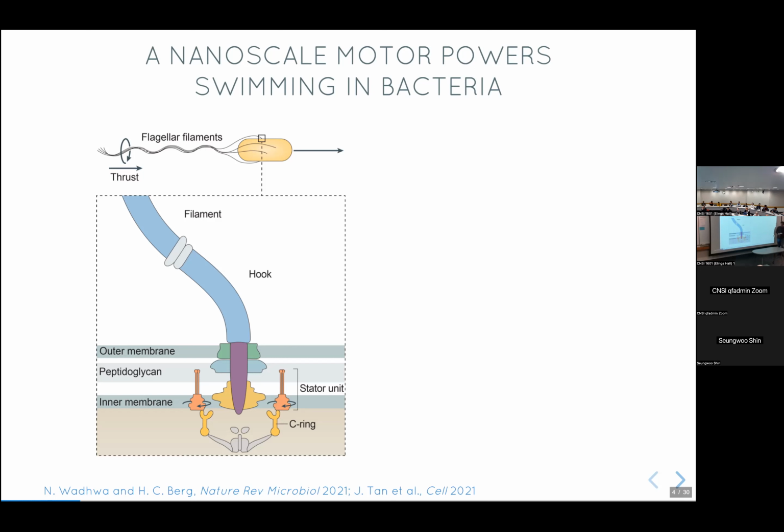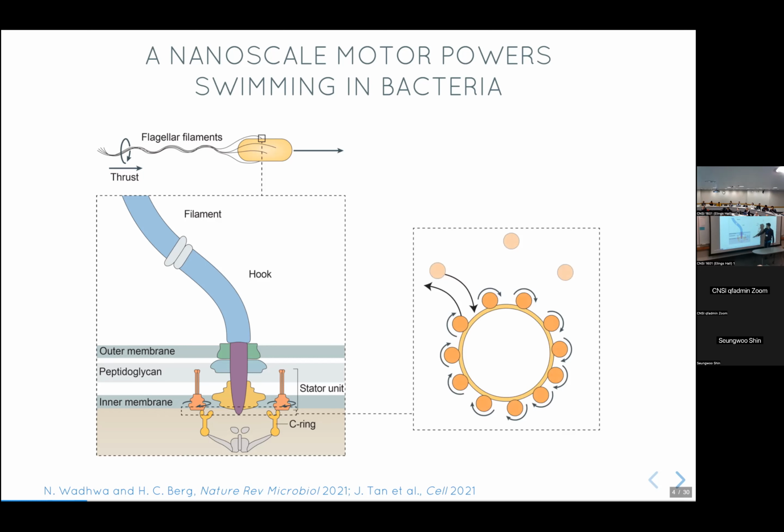And what's really interesting is that, counter to its name, the stator proteins aren't entirely stationary. If I make a cross section here and look at the top view, then I have this rotor. This ring is representing the rotor. And what you see is that many stator units work together to drive the rotation. So effectively, the net rotation of this motor is proportional to the number of units that are driving it. And that